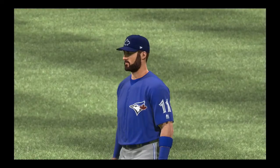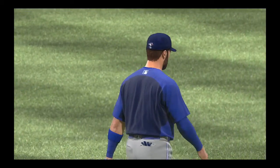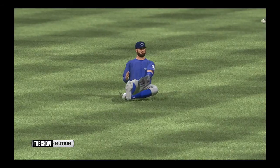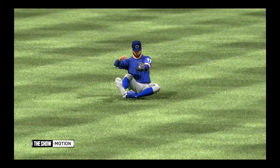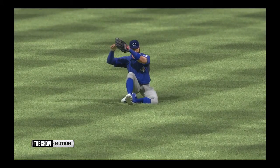Now batting, the pitcher, Josh Collmenter. That's a slick play out there as we take a look at it in slow motion. He was charging in quickly, and he slides to get under the...